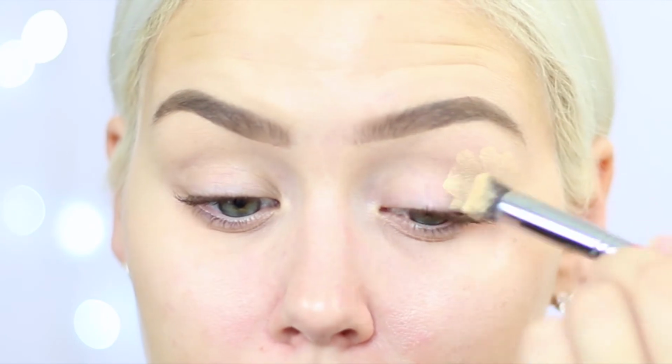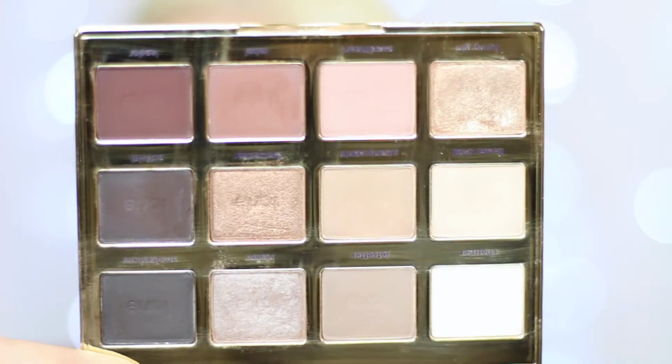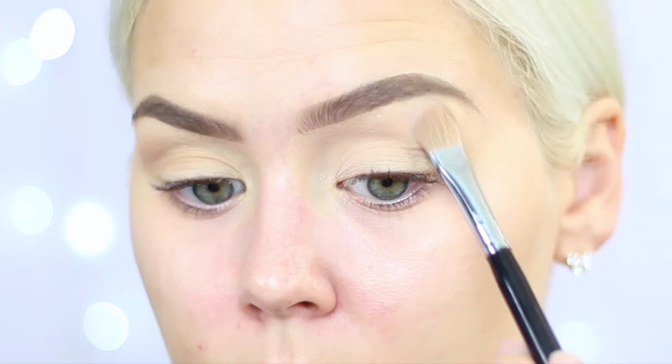Everyone. I'm starting off by prepping my eyes the same way that I always do. I'm using my soft ochre paint pot from MAC, and this just ensures that my eyeshadows will last all day. I'm going to be using my favorite eyeshadow palette today. This is the Tartelette in Bloom palette, and I'm just using this white cream shade to go ahead and